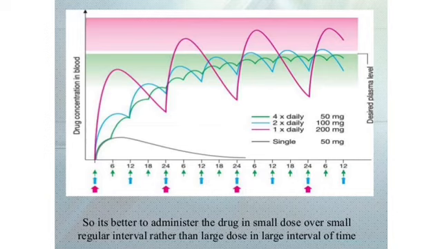Administer the drug in small doses over small regular intervals rather than a large dose over large intervals of time. Notice the green is 4 times daily at 50 mg, the blue is 2 times daily at 100 mg, and the pink is once daily but 200 mg. The dose is high, but it is taken only once, and the interval is long, like the drug is taken again only the next day. So what happens there,